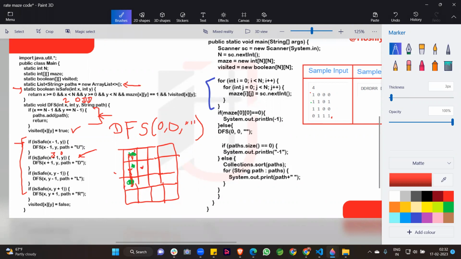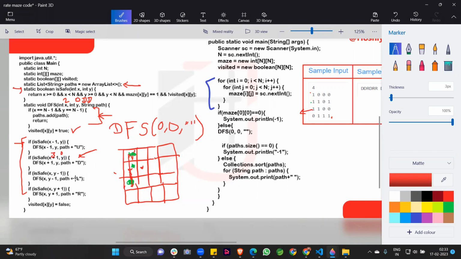When we are returning false from here, we then check another one. We come to this position. This condition is not executed. When we are checking this, we are checking is safe x y minus 1. You can see this condition is for the left side. At that time we are at this position, and when we are at this position, you think it is necessary to go in this direction.